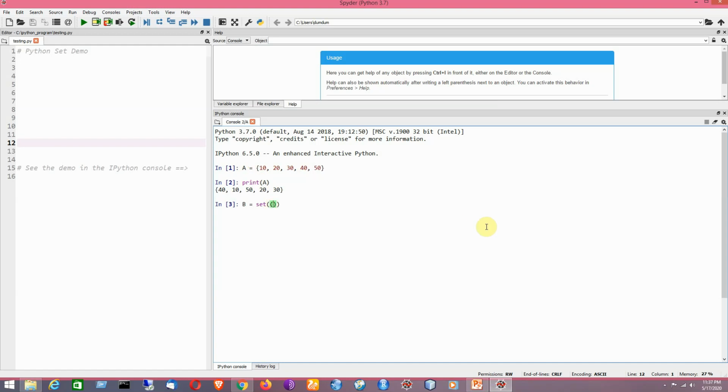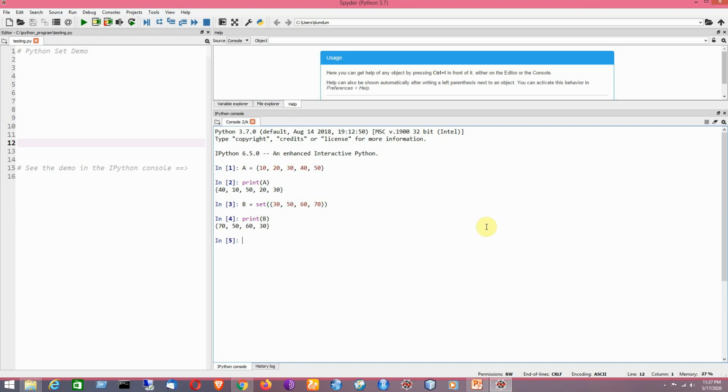Say for example, I have got here 4 elements. Now I would like to print it. So it has been created. Again you can see the elements in the set are appearing in some random order.